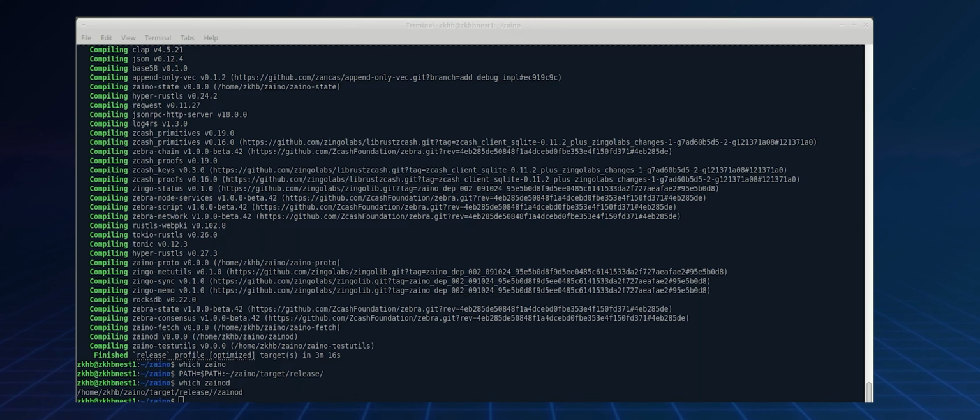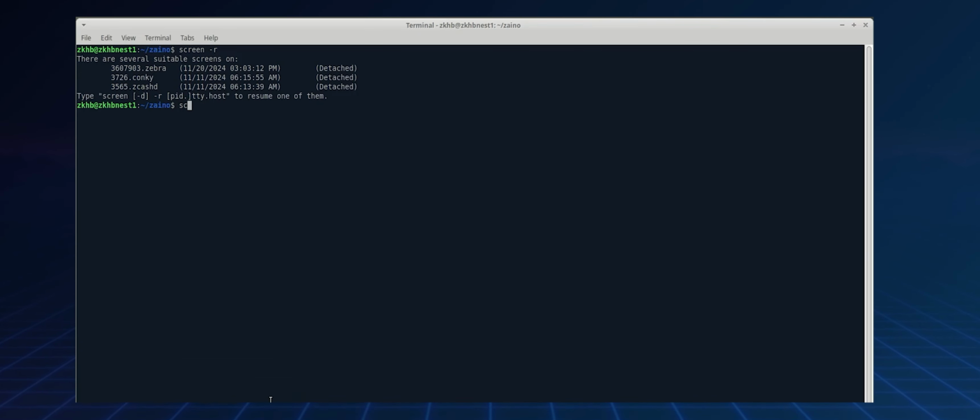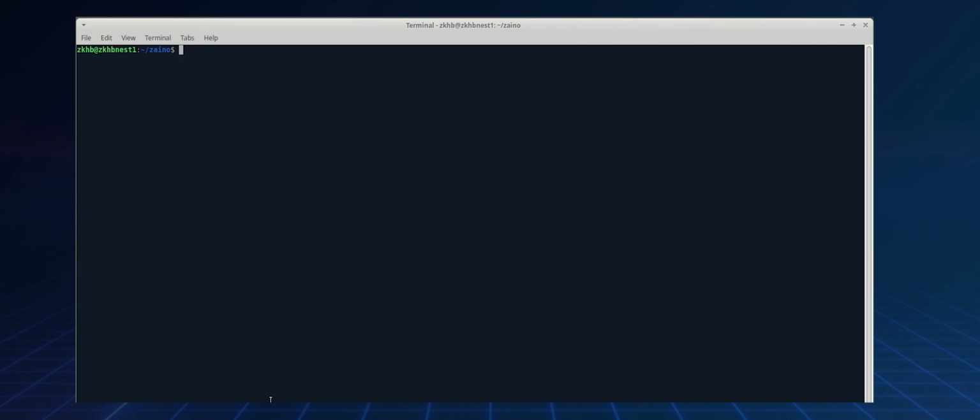The last step here is we are going to create another screen. This time we'll name it Zaino so that we don't get mixed up with our other screen. So we'll clear the screen, make sure we have it, and then Zaino, and we are ready to run our command, zainod